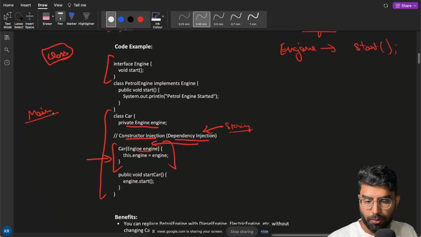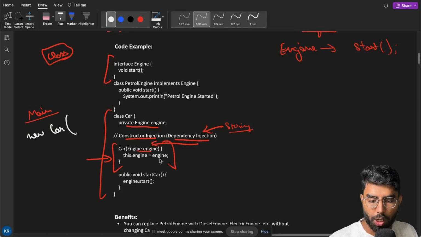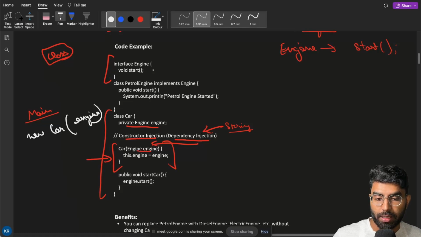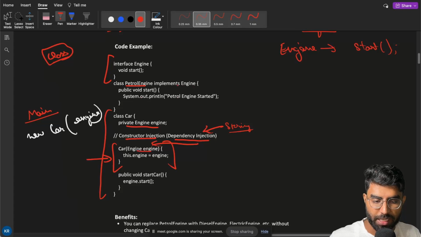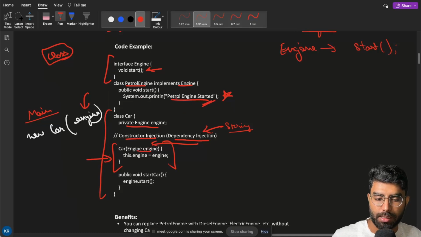Now when we create the object of Car, we will pass the object of Engine. Currently we have this petrol engine. PetrolEngine implements the Engine, and we have the definition of the start function. So we will pass the petrol engine and we will get the System.out.println output, petrol engine started. Correct. Now in the future,